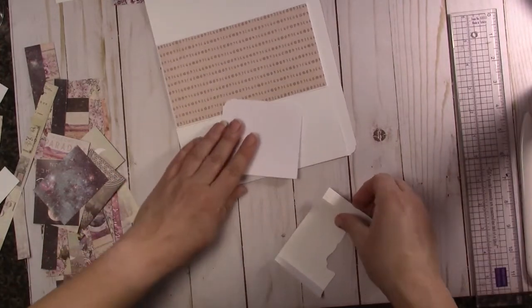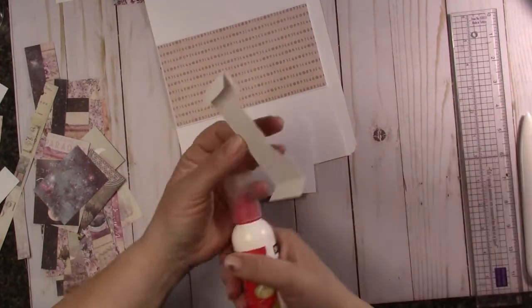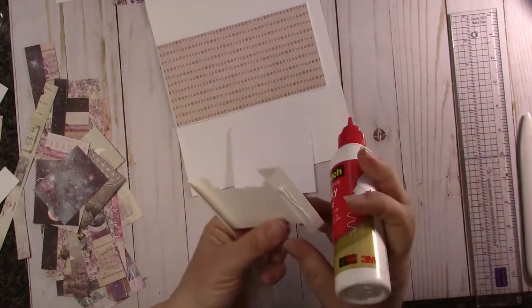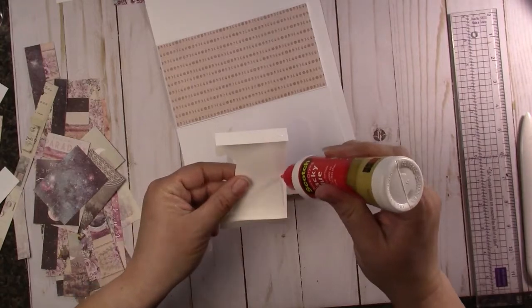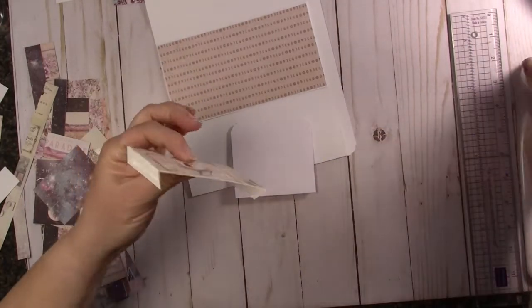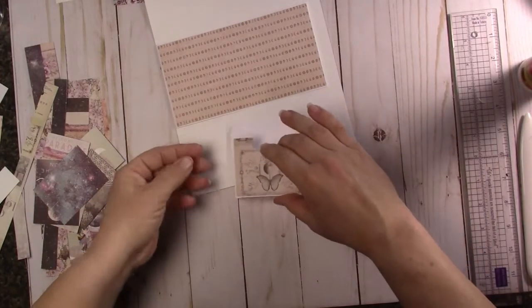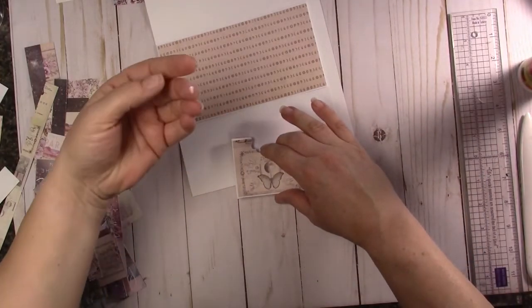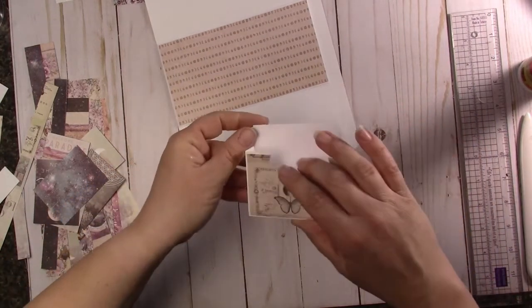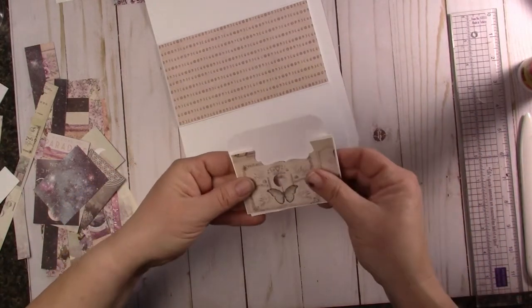Okay, and this one's 3 sides. Glue 3 sides on this, because if we don't, it's going to fall out the bottom. Okay. And, oops, got glue on me. It doesn't really matter which way you do this, whether you glue it on to the